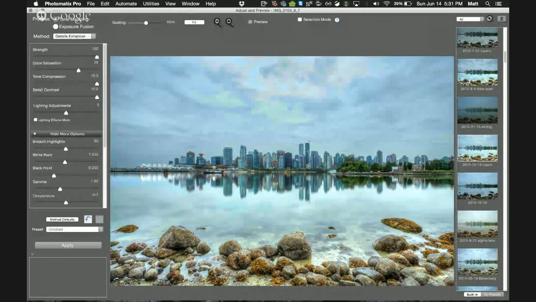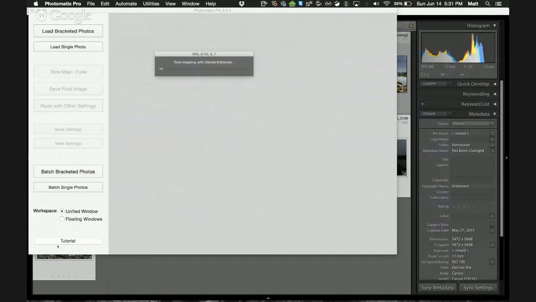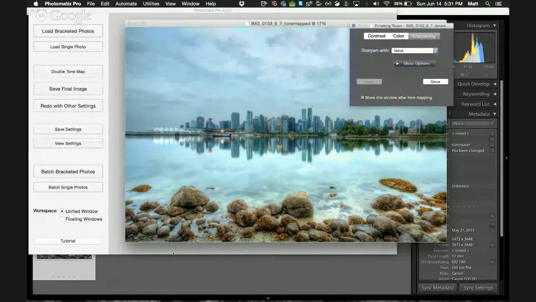All right, let's not take too long. All right, there we go. I'm going to choose this one, and let's go ahead and hit apply. So this will go ahead and create it. Now, at this point, this is the picture that I would actually see in Lightroom. However, when you click and drag these,